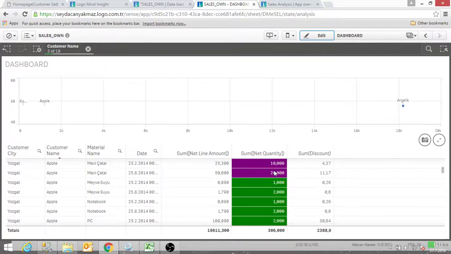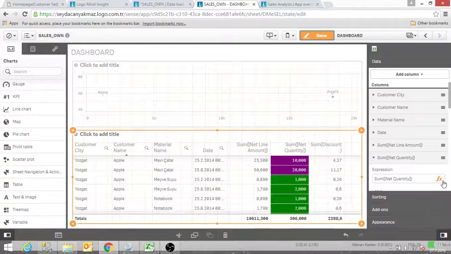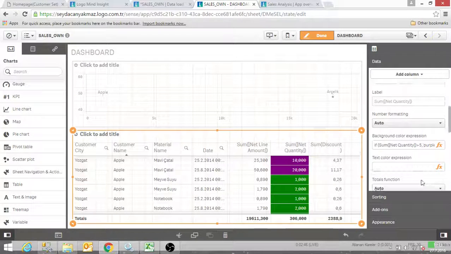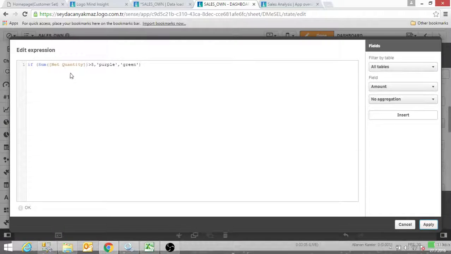If I have more than one condition, for example like that, if my net quantity is bigger than 3, I want to see it purple. If it's bigger than 5, I want to see it red. If it's bigger than 8, I want to see it black maybe. So in this condition, I can add another if to here,